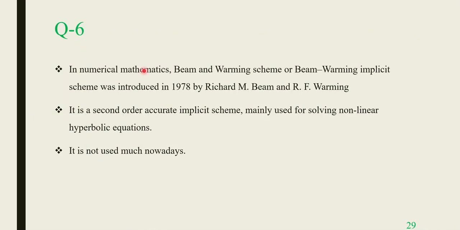In numerical mathematics, the Beam and Warming scheme, or Beam-Warming implicit scheme, was introduced in 1978 by Richard Beam and Warming. It is a second order accurate implicit scheme mainly used for solving nonlinear hyperbolic equations. It is not used much nowadays. So what is the procedure in the Beam-Warming implicit scheme when we are dealing with an equation,